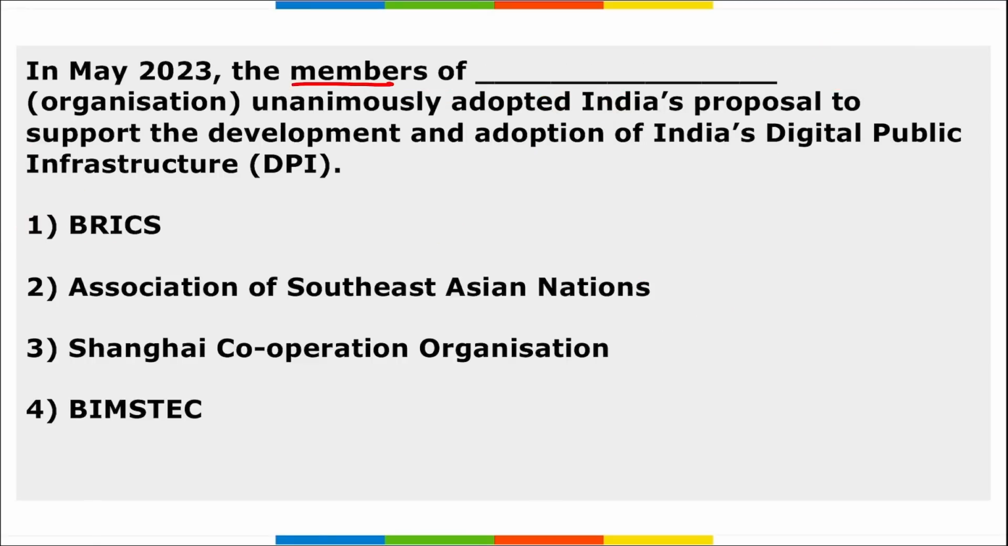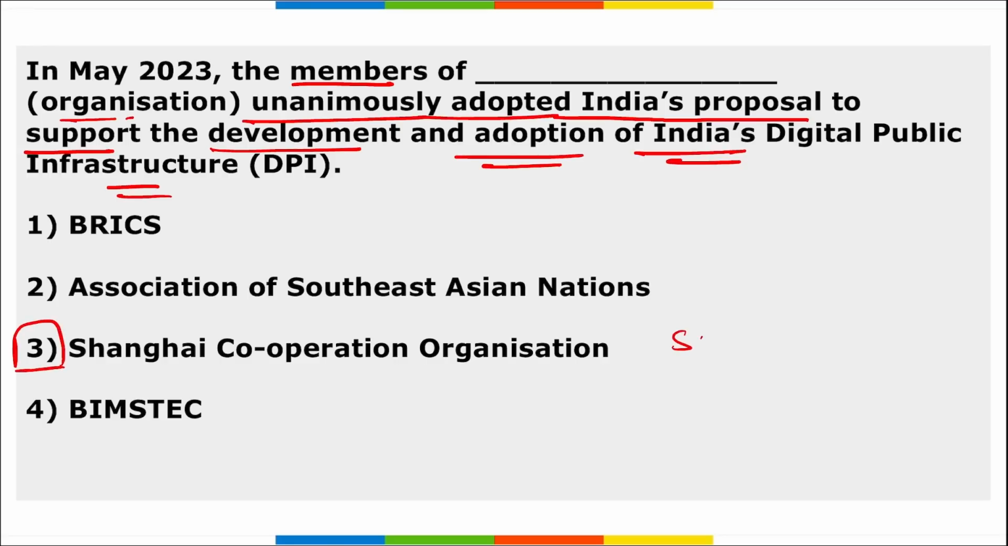Next, the members of the organization unanimously adopted India's proposal to support the development and adoption of India's digital public infrastructure. It is your Shanghai Cooperation Organization, SCO. They have unanimously adopted India's proposal to support the development and adoption of India's digital public infrastructure. Correct? Next,